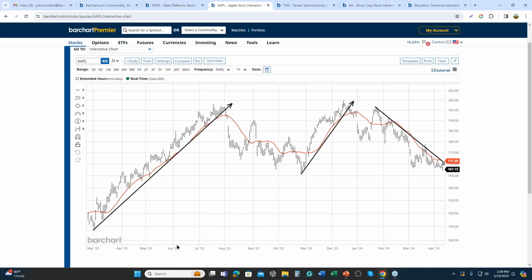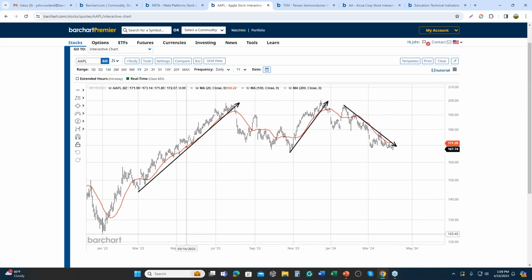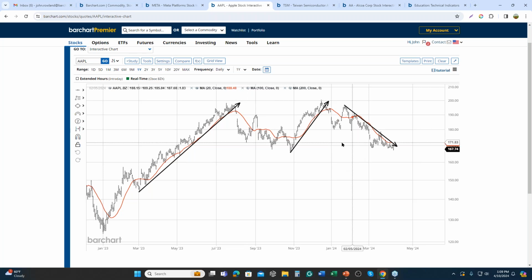So here's Apple, and what I did was I just drew a couple of trend lines here, and you can see one here, and one there. And again, trend lines are great to give us an idea of where price is moving, and also can offer us that idea of support or resistance. But notice here, the red line is a 20-day simple moving average, and again the market respects that moving average, and when price engaged that moving average, it acted as a level of support